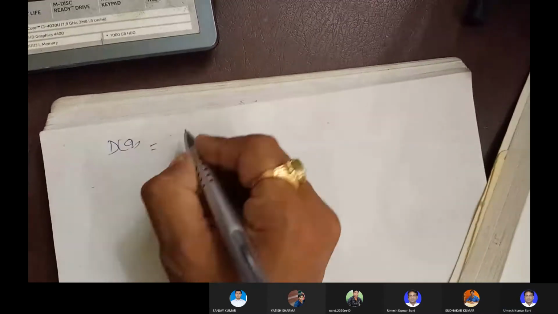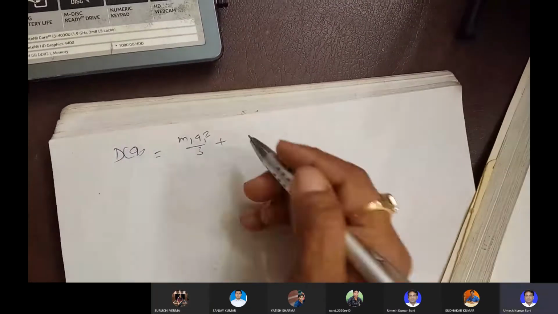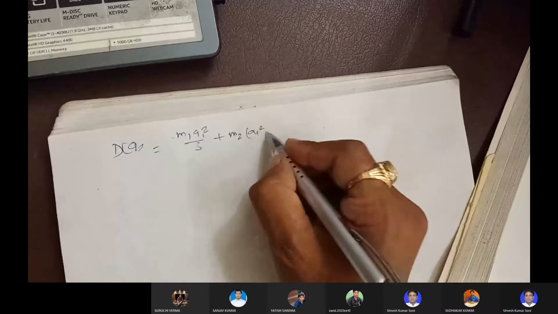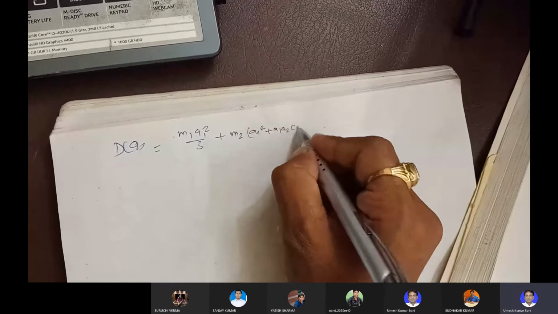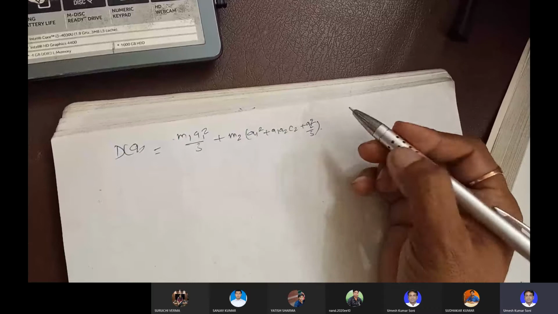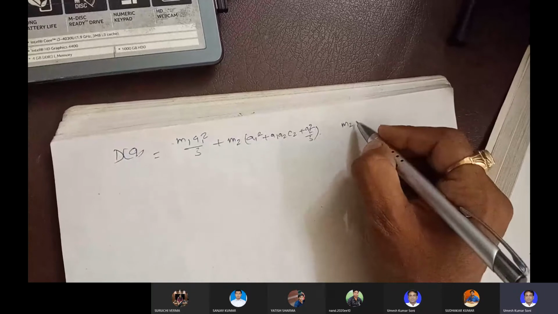तो you had first calculated dq equal to, what was the equation for dq? dq you have found out: m1 a1 square by 3 plus m2 (a1 square plus a1 a2 c2 plus a2 square by 3)। ये कैलकुलेट किए थे कि नहीं तुम लोग? इन प्रीवियस लेक्चर आई हैड आस्क्ड यू टू कैलकुलेट दिस पार्ट।